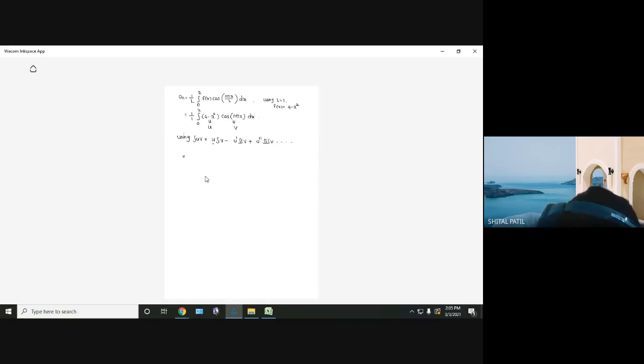U as it is, I'm writing this term, 4 minus x square as it is, into integration of V, integration of cos. What is the integration of cos? Sine of n pi x divided by n pi, isn't it? Into the next term, I am writing the next term with a minus sign. Then U dash. So U is 4 minus x square. What is the derivative of 4 minus x square? Minus 2x, into this term.